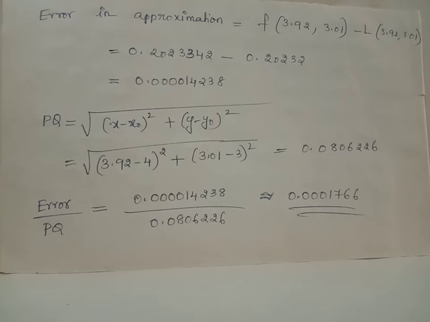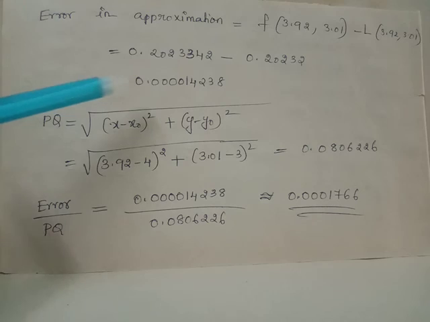0.000014238. Since we are asked to compare error with respect to distance between 2 points P and Q, we will evaluate distance between P and Q using distance formula. We obtain the distance PQ equal 0.0806226. Thus, error by PQ, the ratio is approximately taking the value